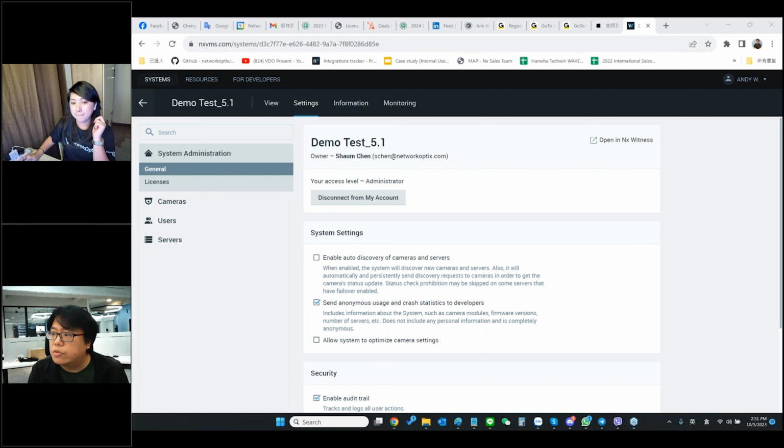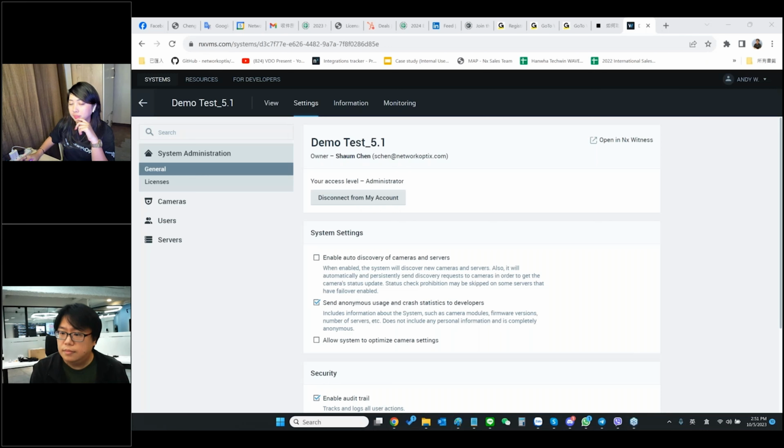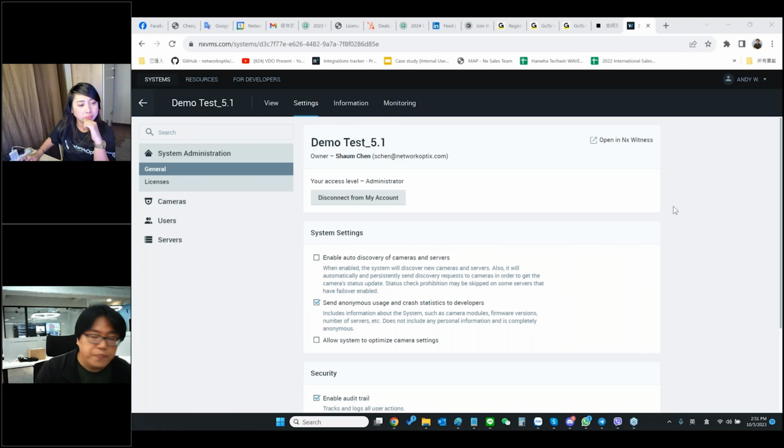Share screen. Did I share screen? Screen number 1. Okay. Can you see my screen?